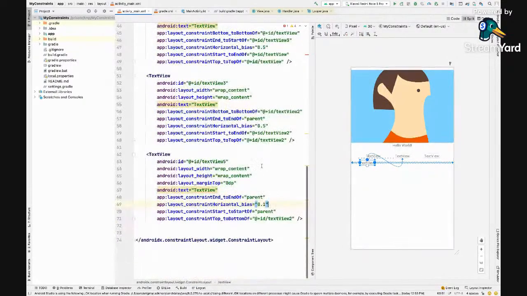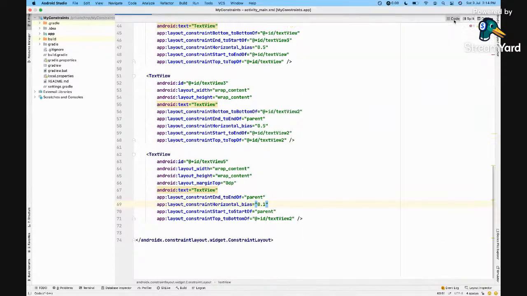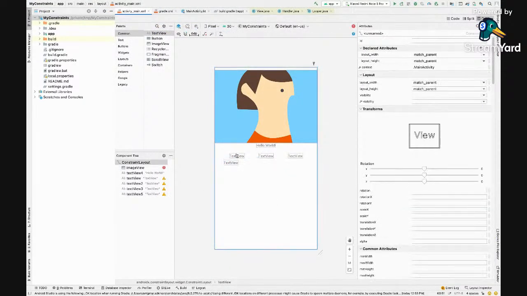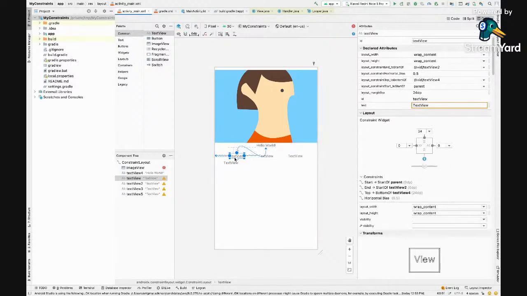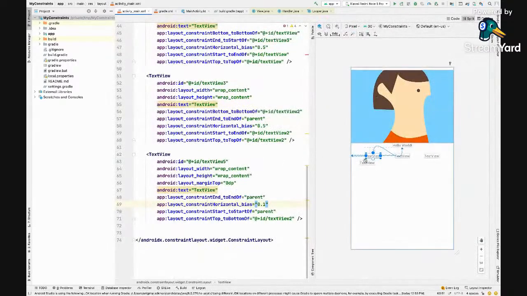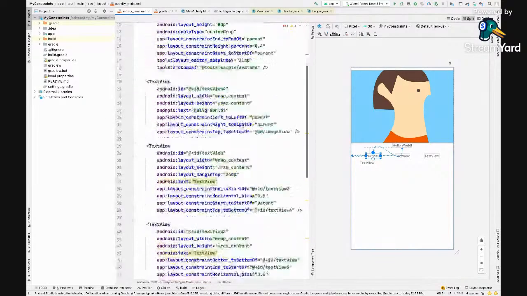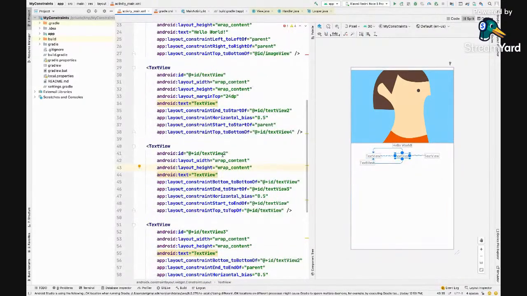Now there is also something called weights in this one, right? So I'll show you a similar example. I centered all these three views by putting them just next to each other and keeping the bias as 0.5, right? And it is taking wrap content here. So I can also do something like this.